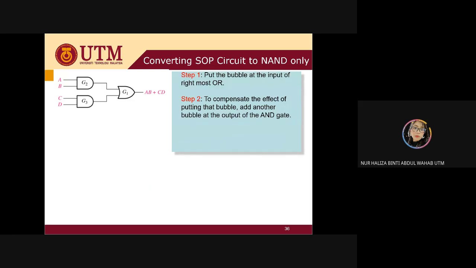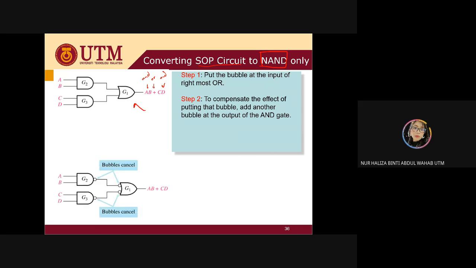See over here, there will be a question given to you: convert your SOP circuit here to NAND gate only. You were given AB plus CD. You can see it is an AND gate, an OR gate, an AND gate. By using the NAND gate only, it's mentioned. So what you're going to do, you need to remember,